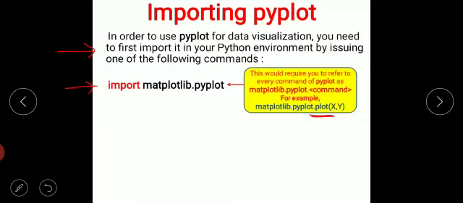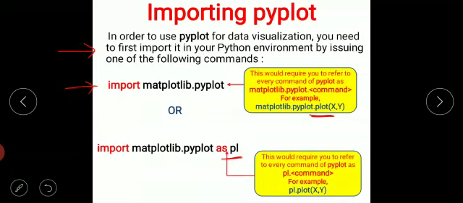So next, you can also pass the import command as import matplotlib.pyplot as pl, right? Means an alias name we can create. We have already used it, right? Now, this would require you to refer to every command of pyplot as pl.command.